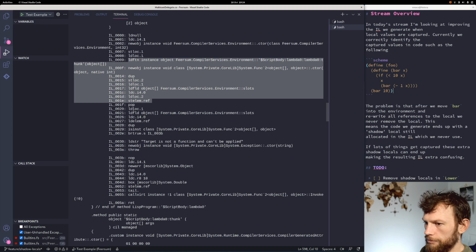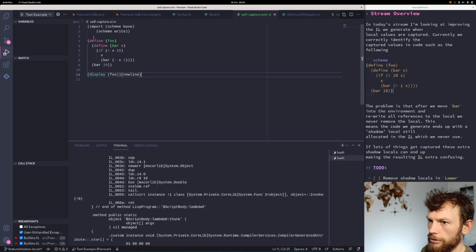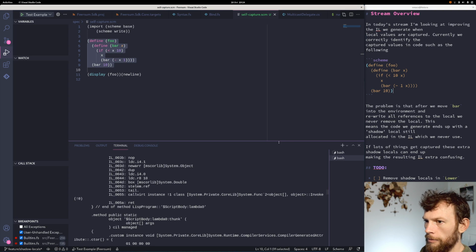Then it's loading the same thing out of the environment, because that's the next statement in the program. So the first, let's have a look. The first thing we do in self-capture is define foo, which is this bit. So that means we've emitted the code for the body of foo. When we're evaluating the body of the whole program, put foo into the environment, and then